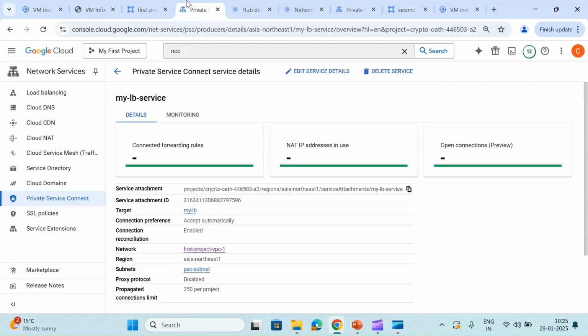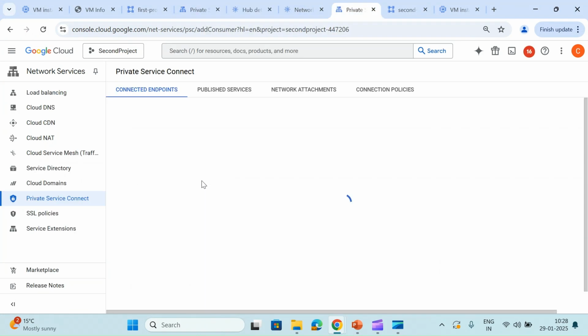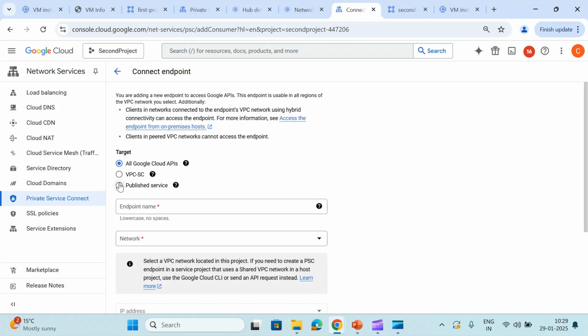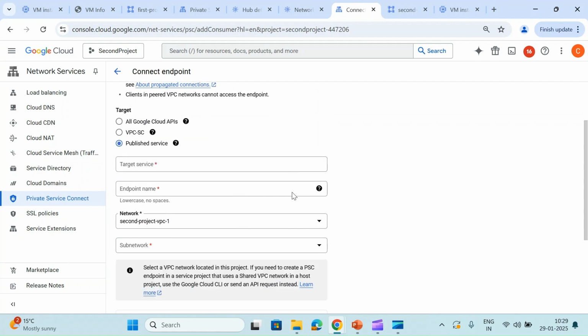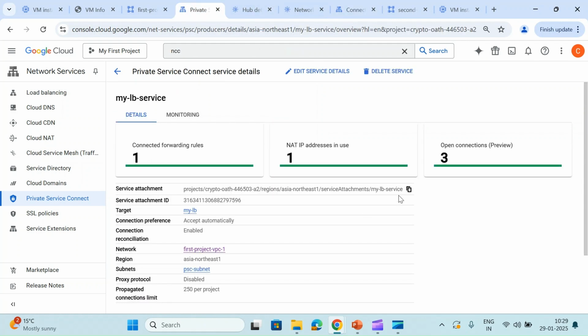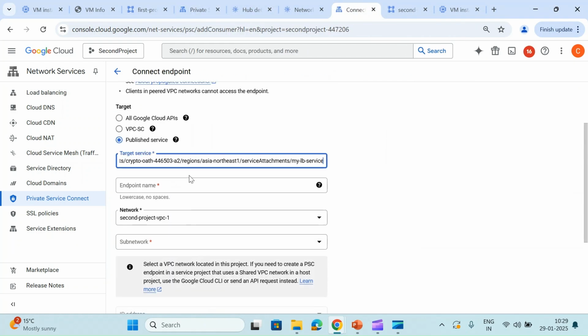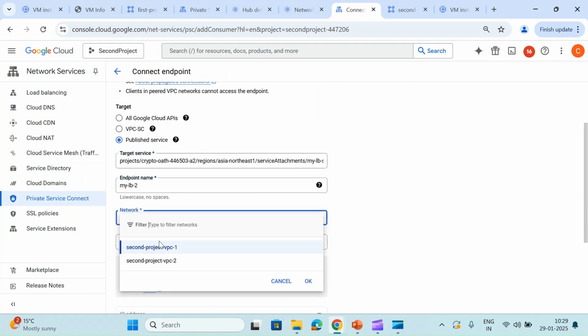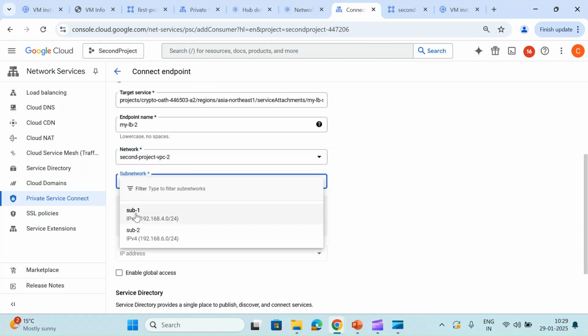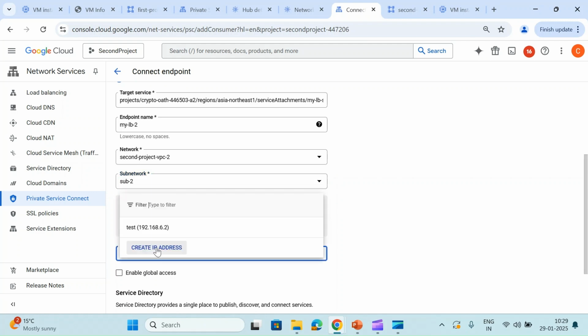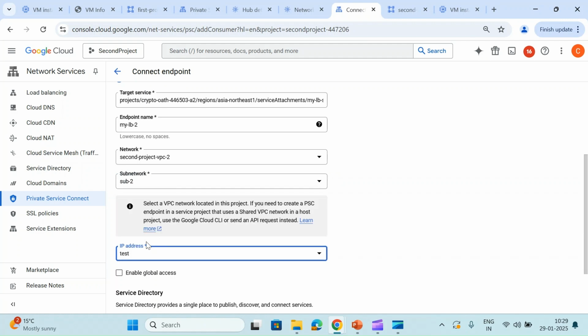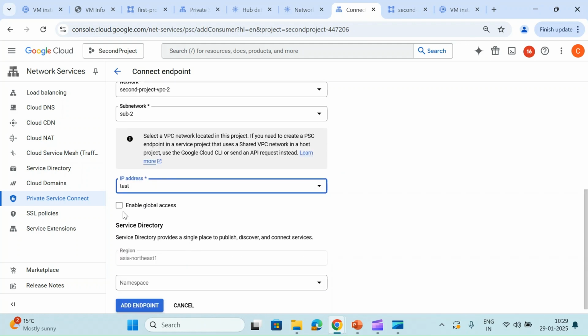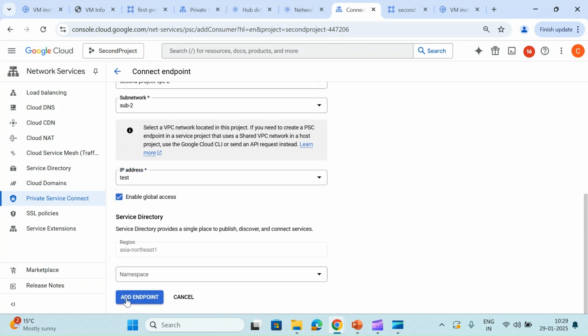I will show you what I'm talking about here. Basically, if I click on connect endpoints, so create a new endpoint, it will automatically be available in our hub. So let's try that. So target service, I have to copy this name again, same target service, and let's give it my LB2, network is VPC2. But this time we will not use 4.0 because we have already excluded it, but this time we are going to use 6.0. Let's click on that, and IP address 6.2, and it has already been created. You can use it if you want to create. I will enable global access here also and click on add endpoint.